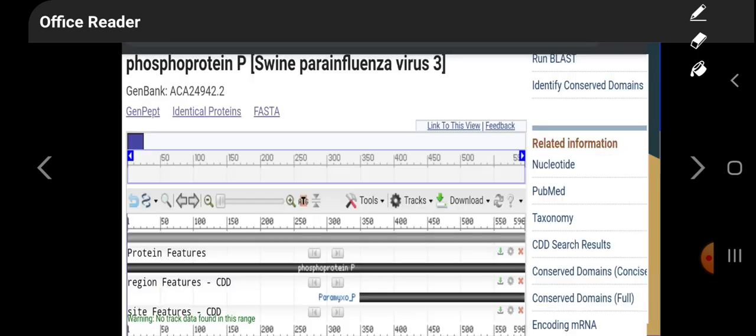And in the next slide, this is the graphic of phosphoprotein P of swine parainfluenza virus 3. Here we can see conserved regions and protein features which we obtain from this. So basically this is a simple protocol which we follow to obtain a sequence or a graphic of